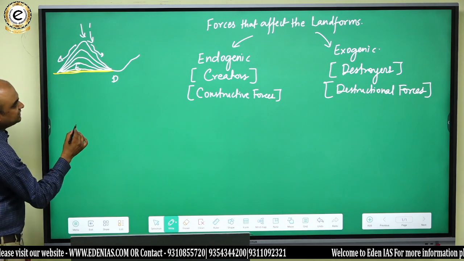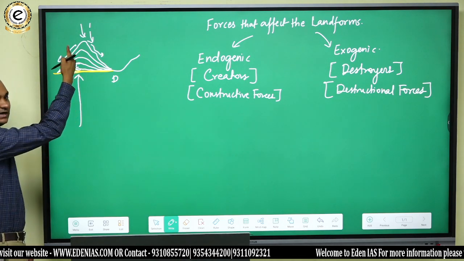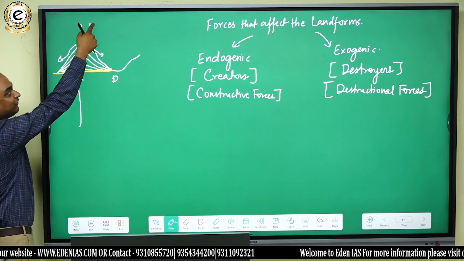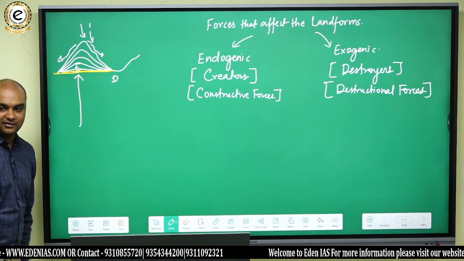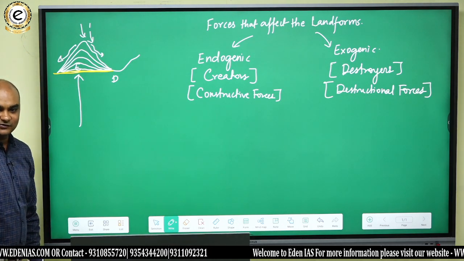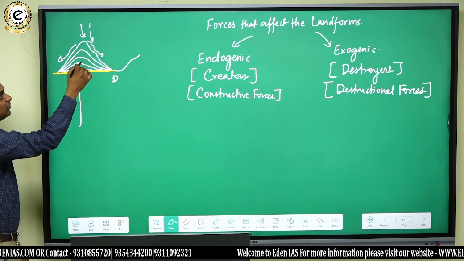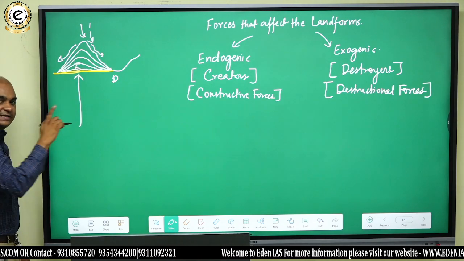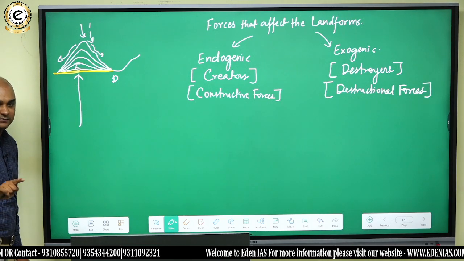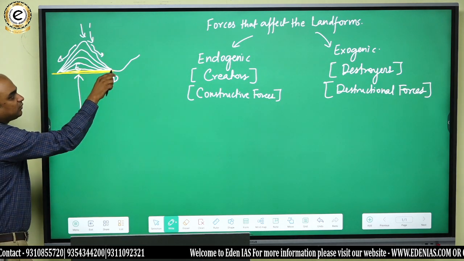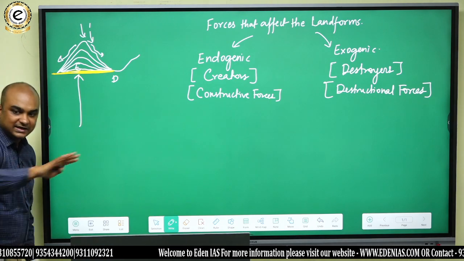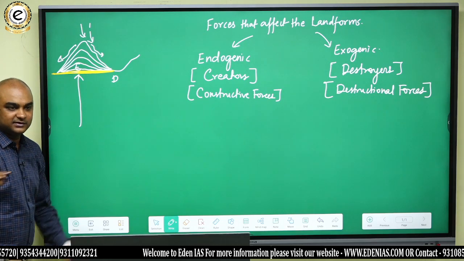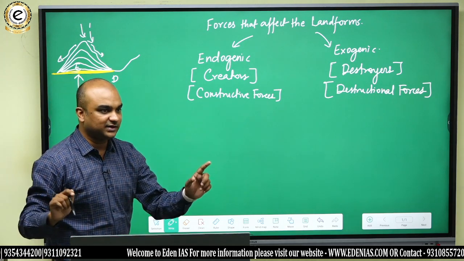Do you get it? Suppose there was some internal force which created the landform, and now there is a force which is coming from the Earth's atmosphere, like rainfall. Rainfall comes from where? From clouds. Clouds are part of where? Earth's atmosphere. So this landform is continuously degraded or eroded with time. And finally, we get what? A plane surface, as exogenetic forces are leveling the surface again. There is no variability. Do you get that?